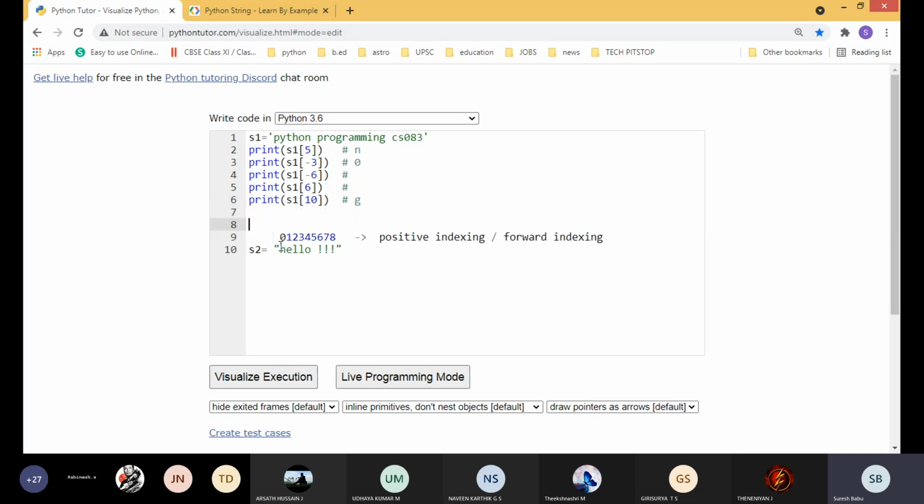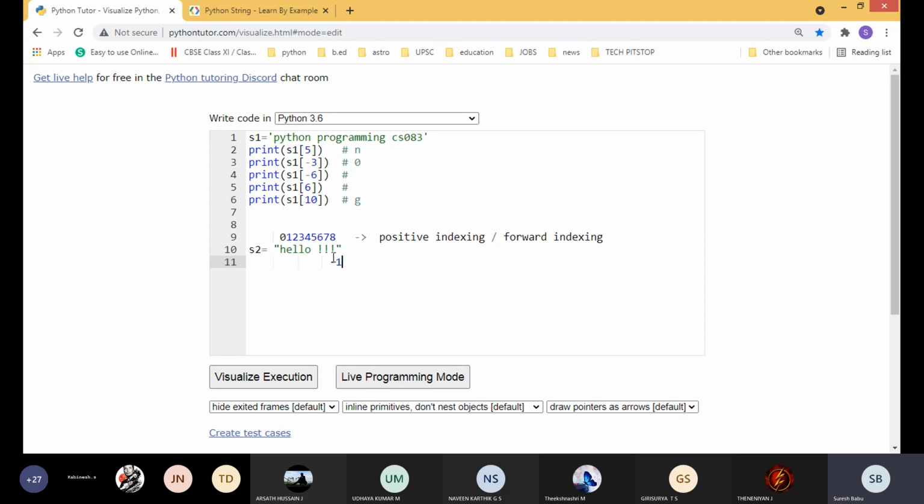Students, kindly explain like this with any example. Give these numbers, and negative numbers also you can use. Negative numbers start from the last one, -1, then next one -2, like this. Actually, it will not come exactly like this because I have to go backward.